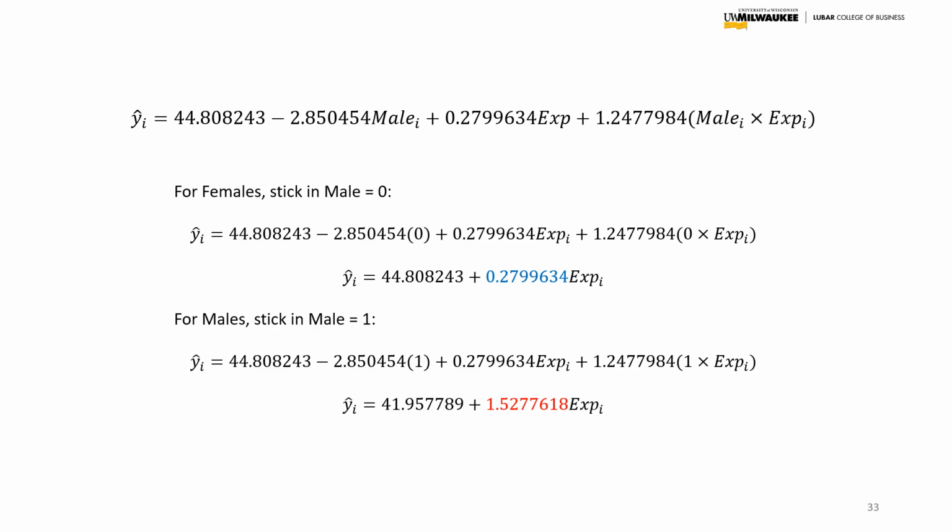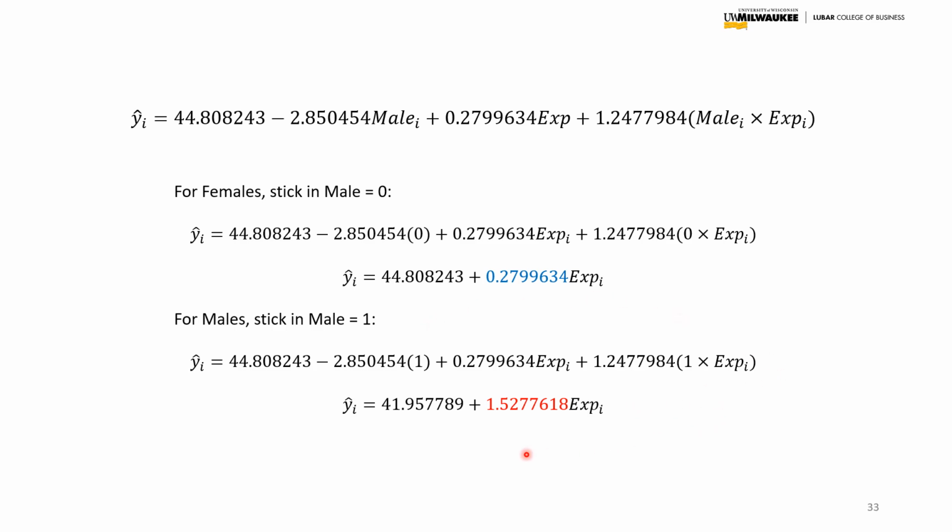Here we see again the multiple regression equation. Let's break down this equation into the two groups. For females, we'll put a 0 for male. So I'm putting a 0 here, a 0 here, and we get a line of 44.808 plus 0.2799 times experience. For the male group, I'm going to put a 1 here for male, a 1 here for male, and collect